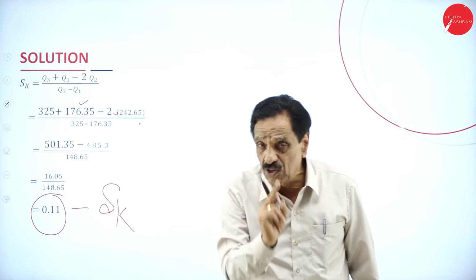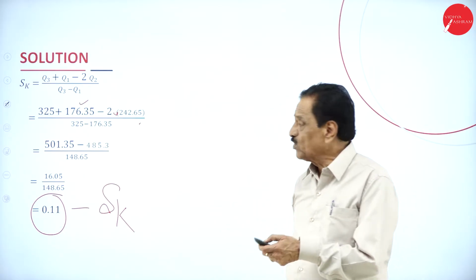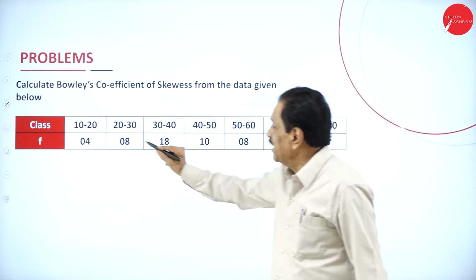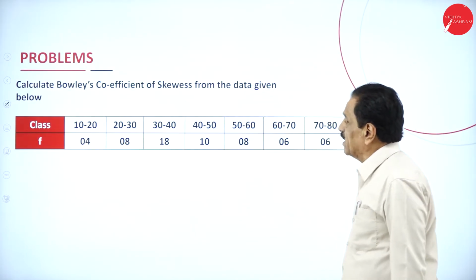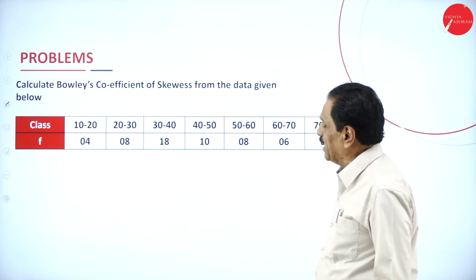We require Q1, you require Q2, you require Q3. We'll go to the next problem. 10 to 20, 20 to 30, 30 to 40, 40 to 50. The last number is 70 to 80. We'll write